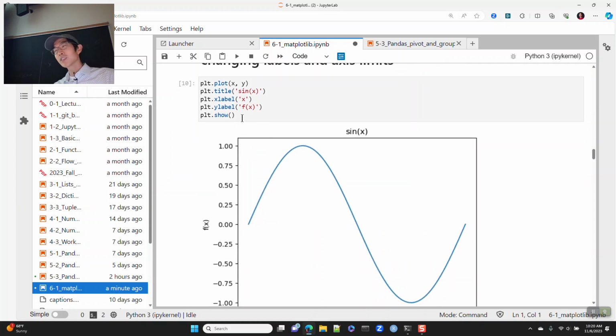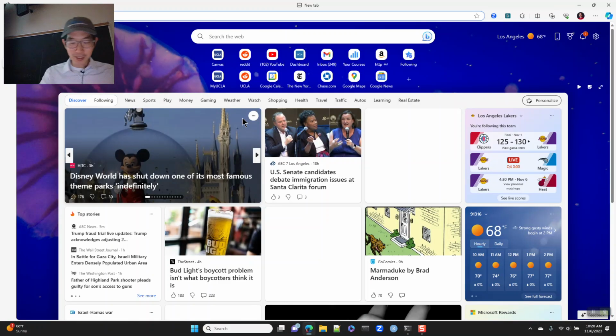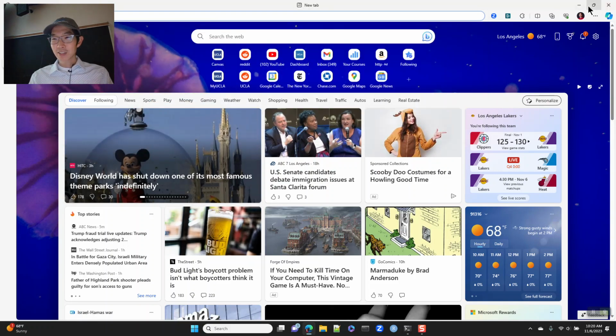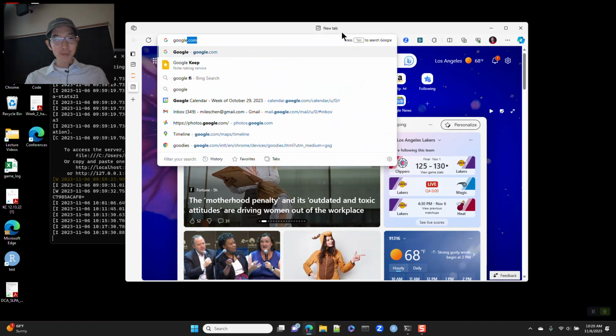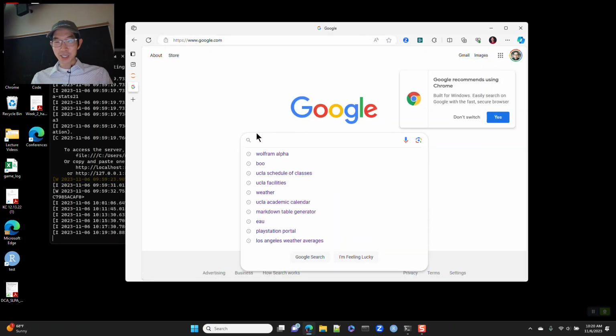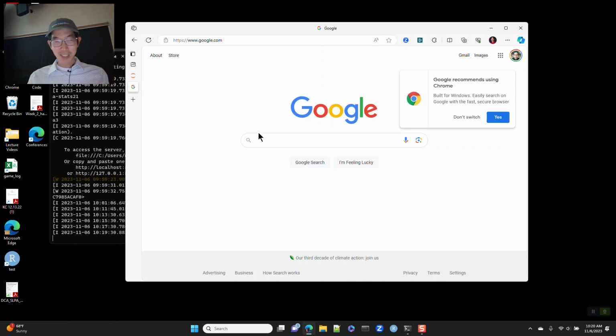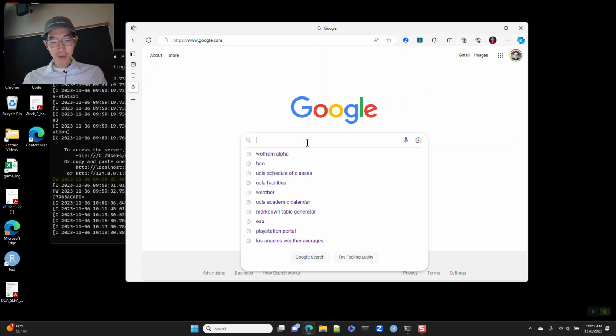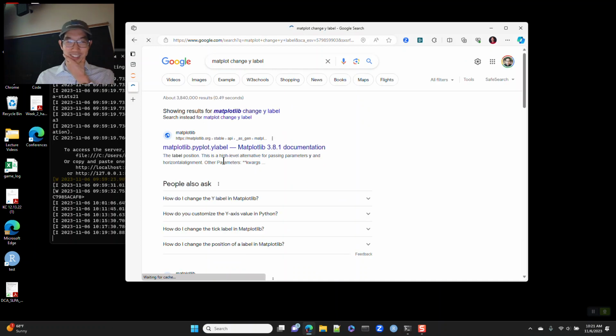I always forget what the thing is. In my brain, a lot of these things have underscores, and I always forget. Like in R, you have ylab or something instead of ylabel. So I always end up just going online and typing in, I'll do something like "matplotlib change y label", and then you go, oh okay, yeah,